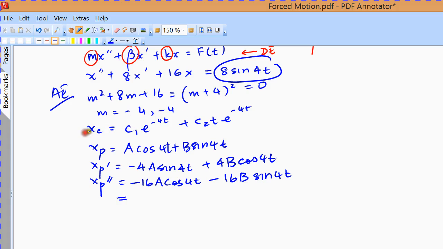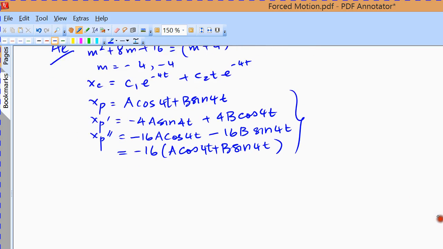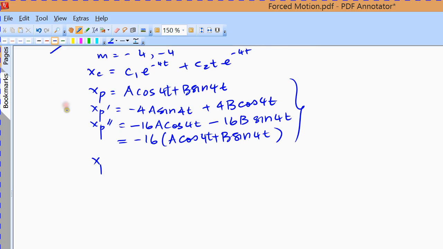Now I'm going to take out the minus 16, and I get a cos 4t plus b sin 4t within brackets. And now we are going to substitute this into the differential equation,